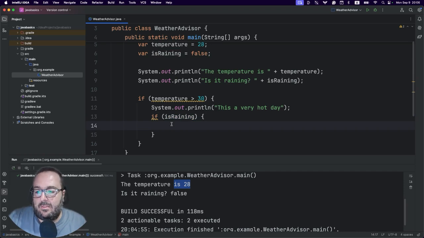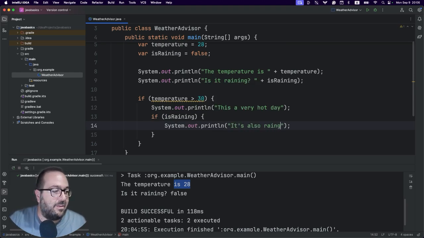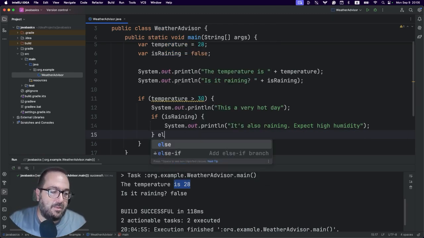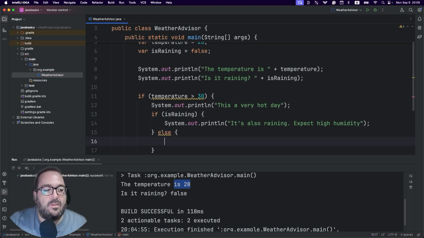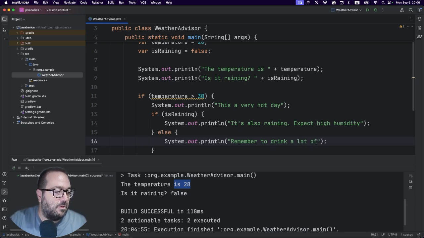In case of rain, we can say it's also raining, expect high humidity. But if it's not raining, so else, because it's a Boolean it can have only two options. If it's false, so it's not raining, we're going to print something else in the output. We'll say, remember to drink a lot of water.